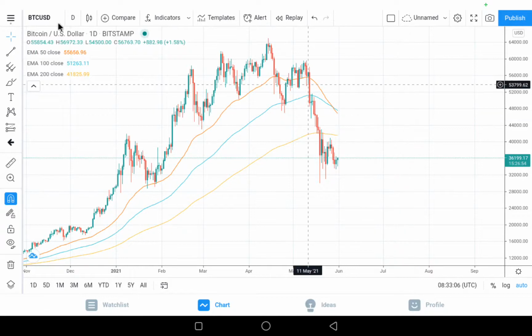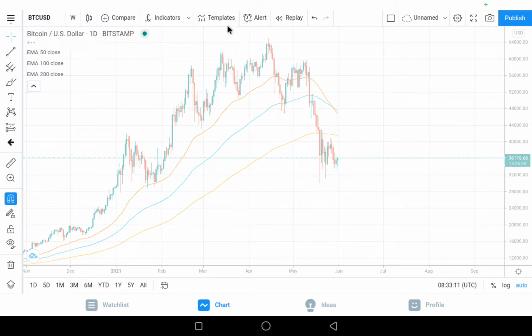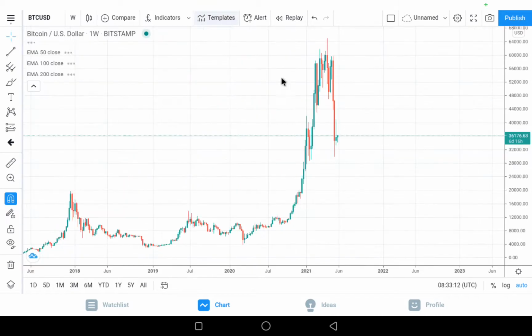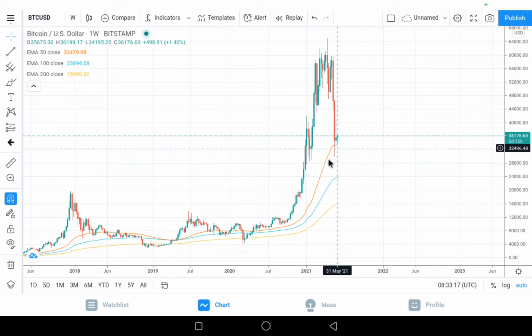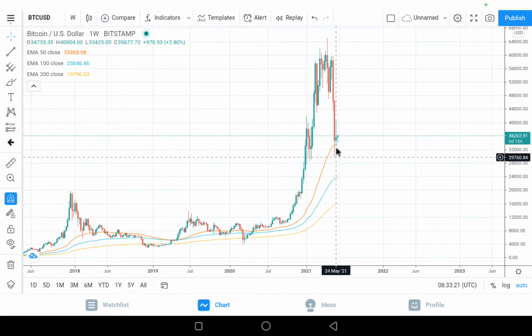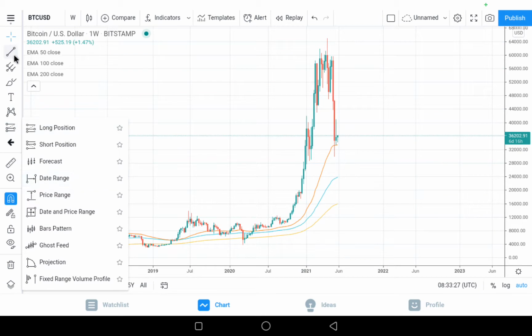All right, so the first scenario is on the weekly time frame. On the weekly time frame, this is really cute. It's on the 50 EMA, so we are pretty much on a very good route. So if you take a Fibonacci extension,